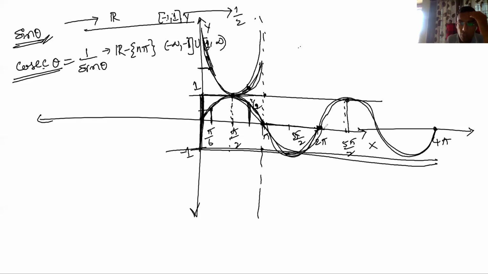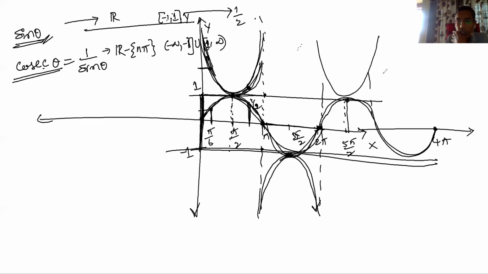That means what? If you draw the cosecant theta, for minus 3 pi by 2 it is minus 1. For pi it is infinity. It approaches infinity like this. So again, if you see the same graph, 0 to pi is this graph, and again pi to 2 pi is this graph. Again you are going to have repetition in this, like this. And again here also you are going to have repetition like this. So the graph is going to continue like this.